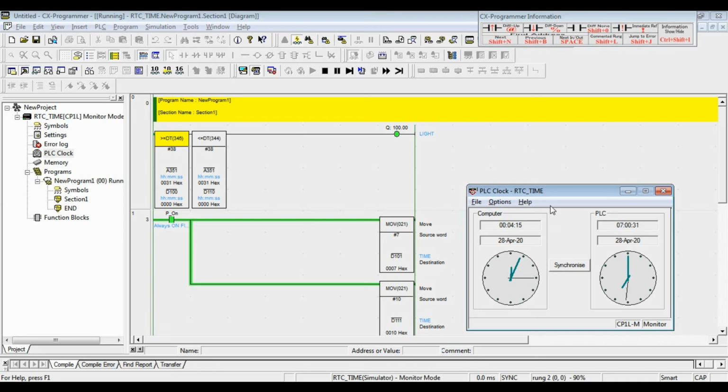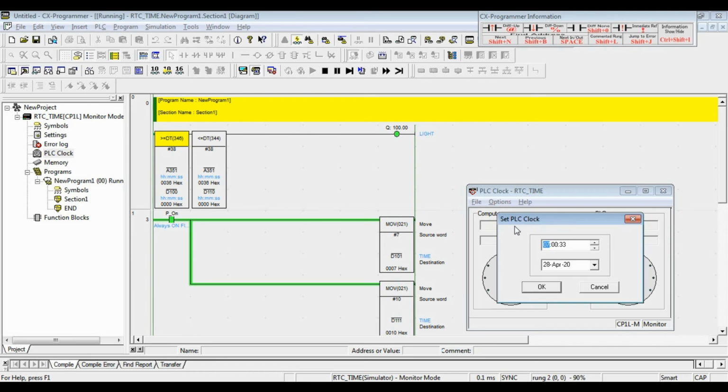Okay, let's set the time again. I click option, click set PLC clock.